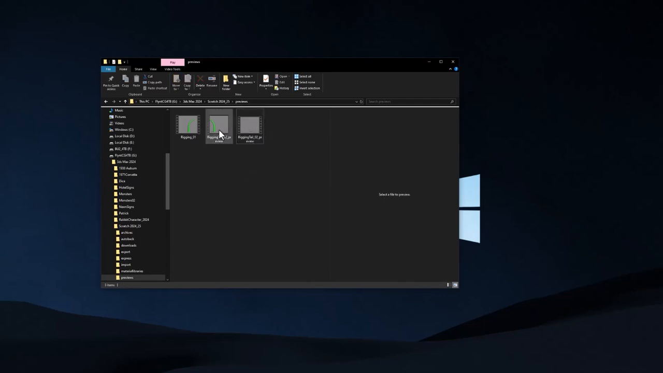So after you render your preview, you're going to want to transcode it using Media Encoder to an MP4 and put it